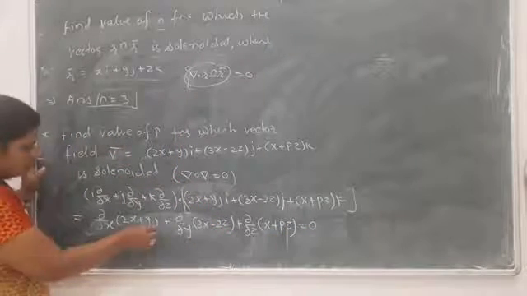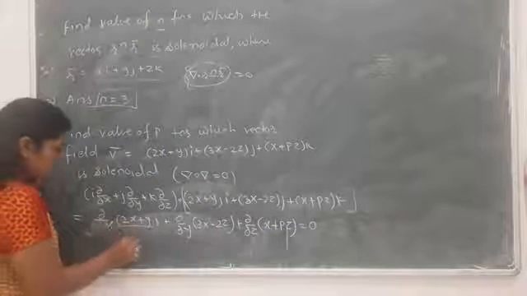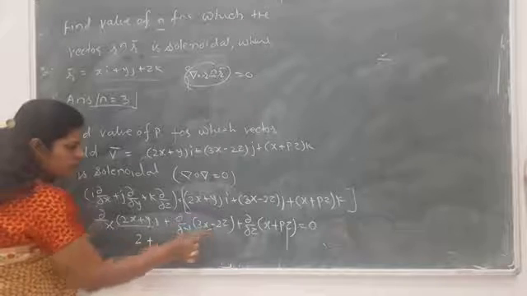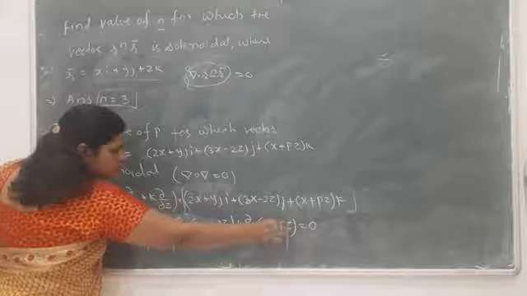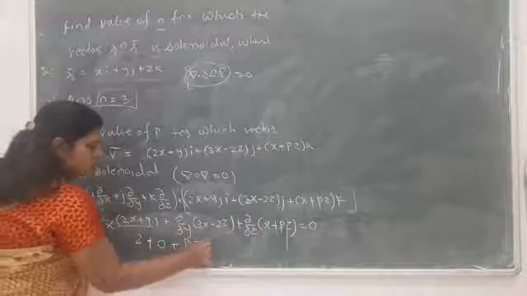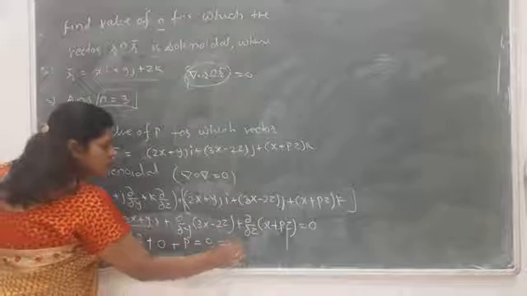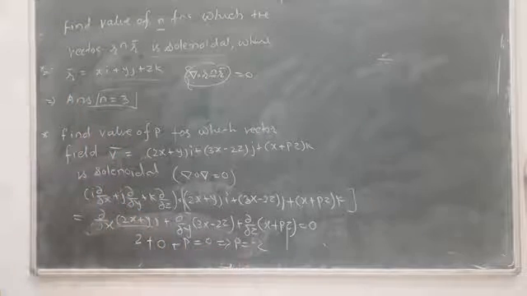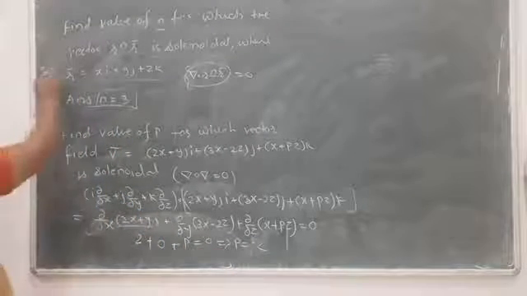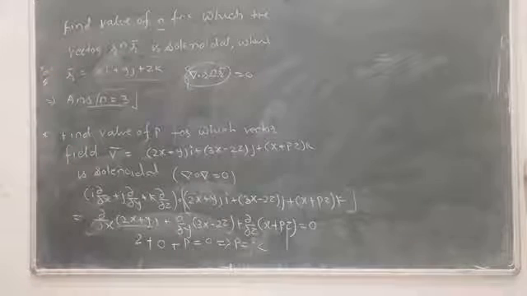So finally when you differentiate all these terms, with respect to x that is 2, plus with respect to y it becomes 0, plus with respect to z the derivative is 1, so it is p, equals 0. So finally it implies p is equal to minus 2. So in this way you calculate by using this condition. In a similar way you have to solve this problem, that is for your homework.